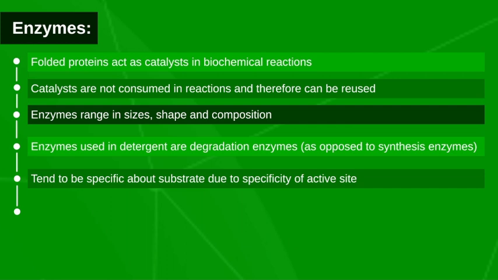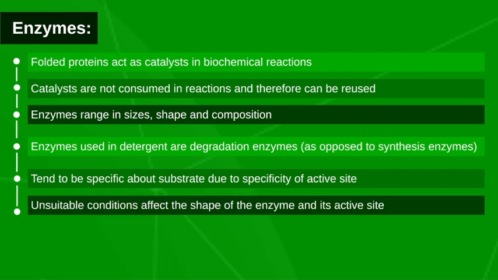Enzymes tend to be highly specific to certain molecules due to the specificity of their active site and as a result differ from normal chemical catalysts in this regard. Unsuitable pH or temperature conditions can affect the shape of the enzyme, therefore affecting the shape of the active site. This is called denaturing, in which the enzyme is no longer functional and nothing is able to bind to the